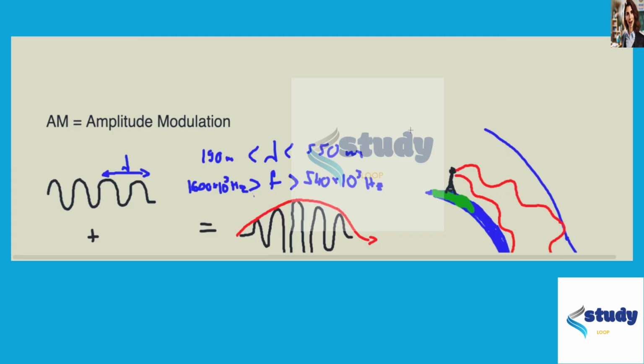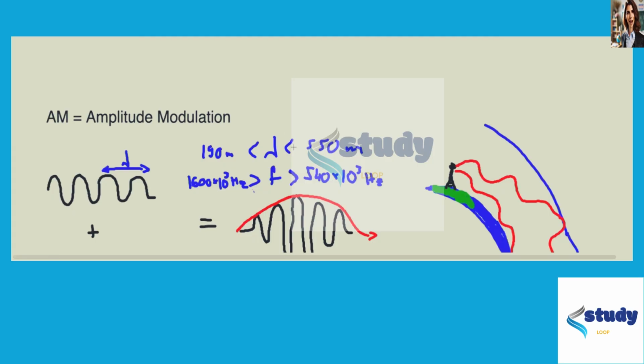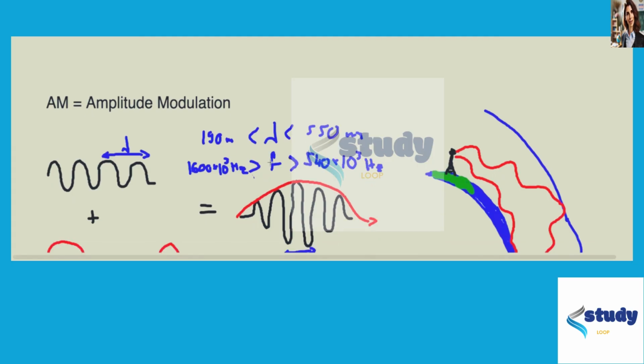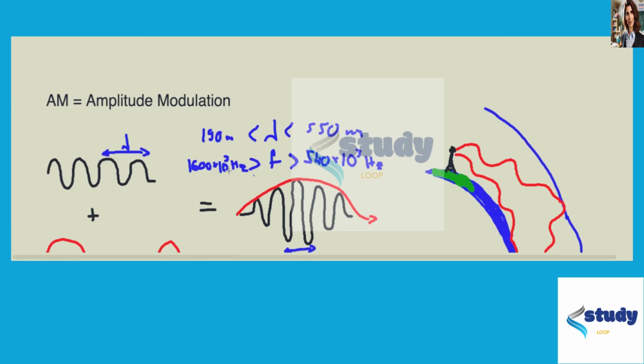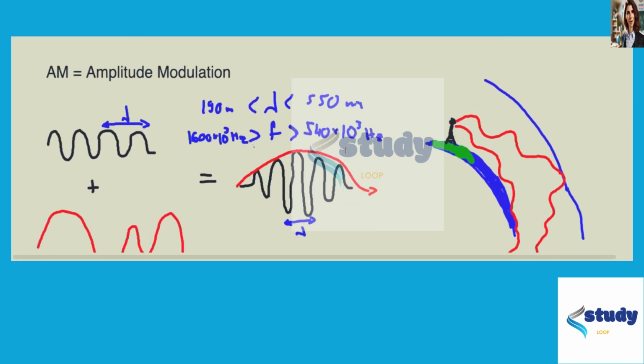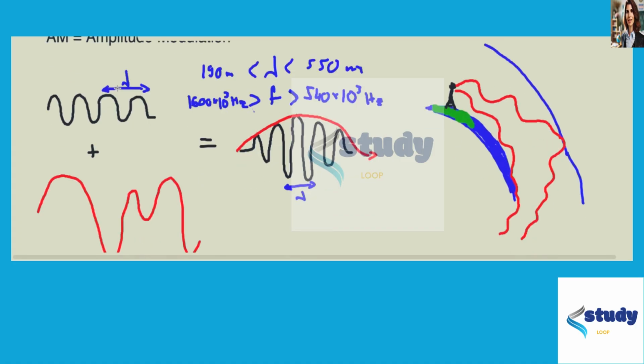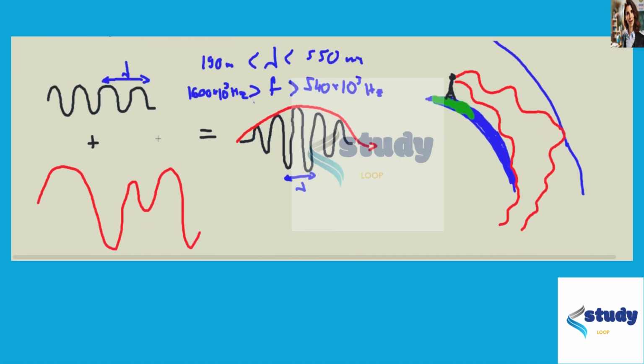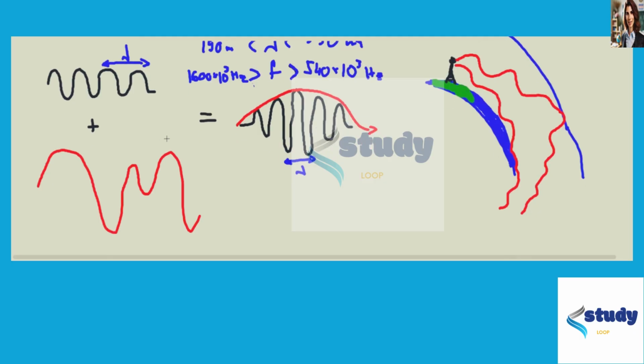So just a quick Google search reveals that the frequency range for AM radio signals is between 540 times 10 to the 3 hertz, or 540 kilohertz, and 1600 times 10 to the 3 hertz, or 1600 kilohertz. The interesting thing about AM waves is that they transfer sound information through electromagnetic radiation